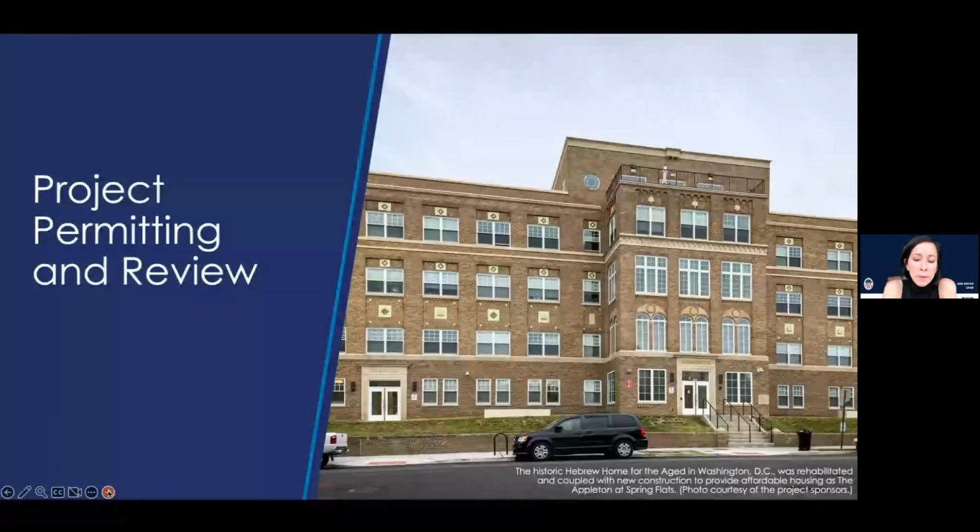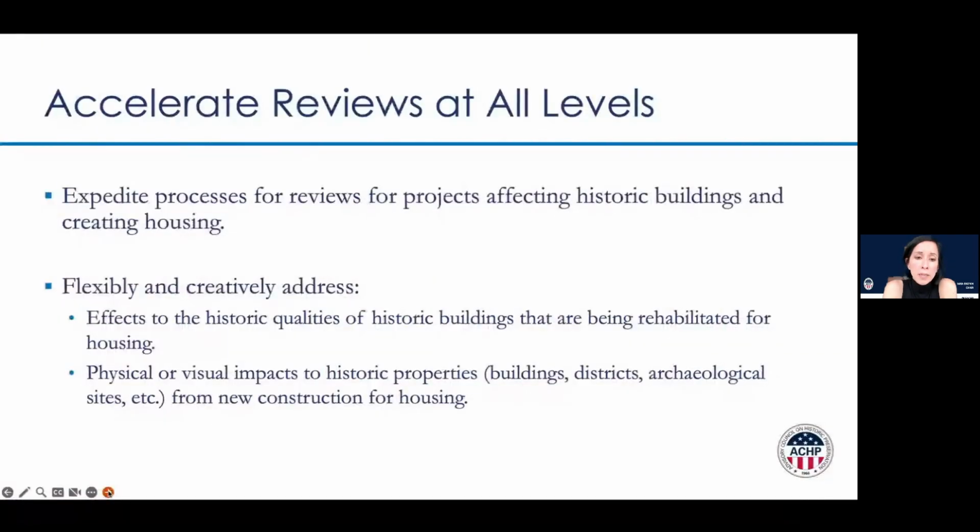And then the big one within our purview as an agency is project permitting at the federal level. So what we said in the policy statement there was that we wanted to expedite the process for reviews for projects at all levels, especially in the area of Section 106, so that we are focused on those qualities that make historic buildings significant. In other words, focused on the character defining features, and not as focused on these myriad other later additions, interior configurations that might not be as significant, and that with our unnecessary focus on them might actually be detracting from rehabs.